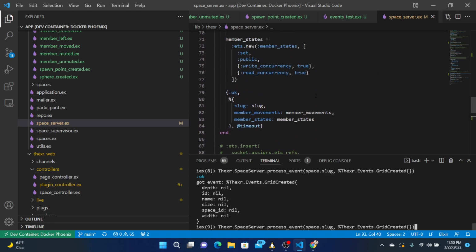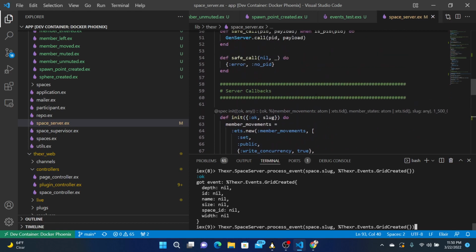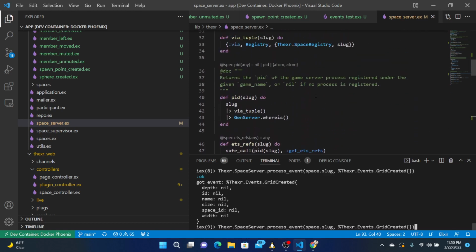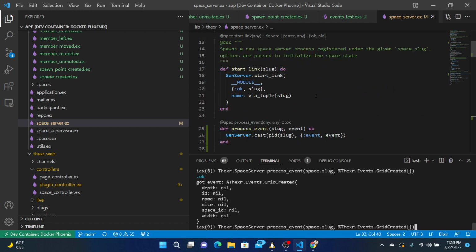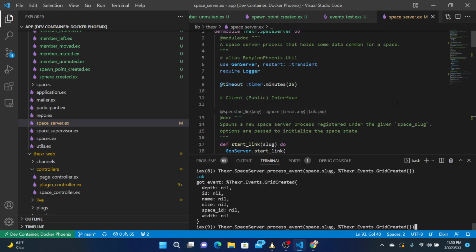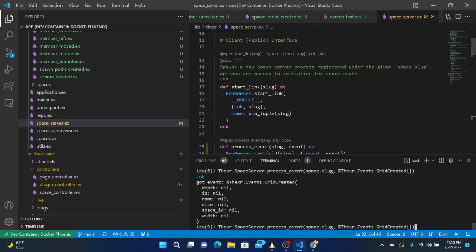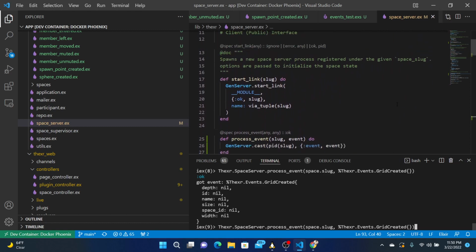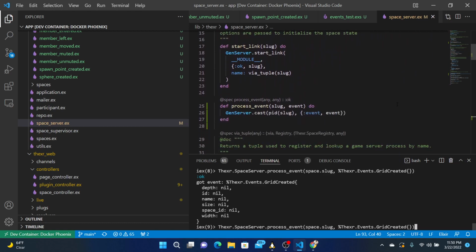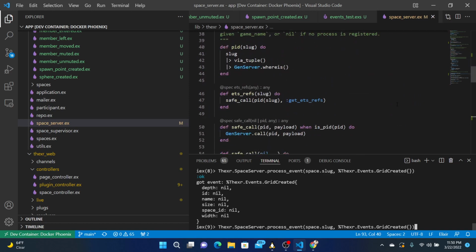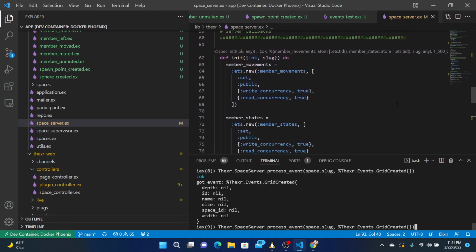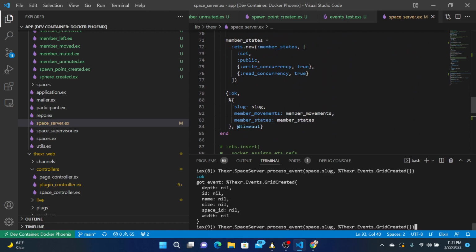And we could stash it into some events list. So that would mean that the state, see after start link, and we go OK, OK in the slug, and we get movements.